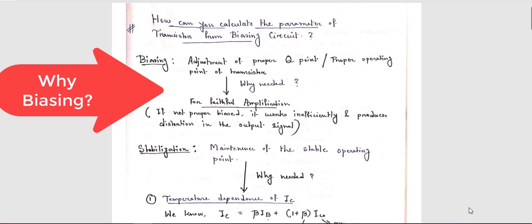Suppose I am saying you to prepare the output characteristics of transistor in CE configuration. Can you remember what is CE configuration? Transistor basically works in three types of configuration. One is CE, CB and CC. CE means common emitter configuration, CB means common base configuration and CC means common collector configuration. Now if I ask you to draw the output characteristics curve of a transistor in CE configuration, then what you have to draw?